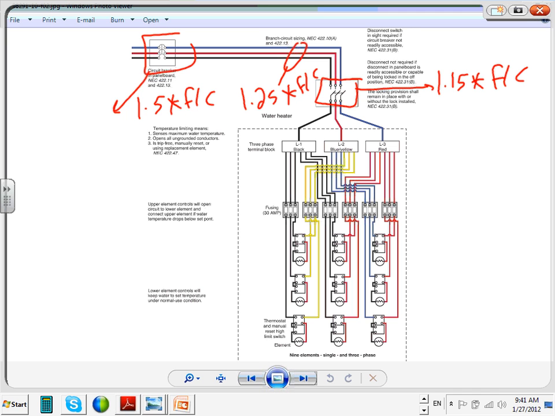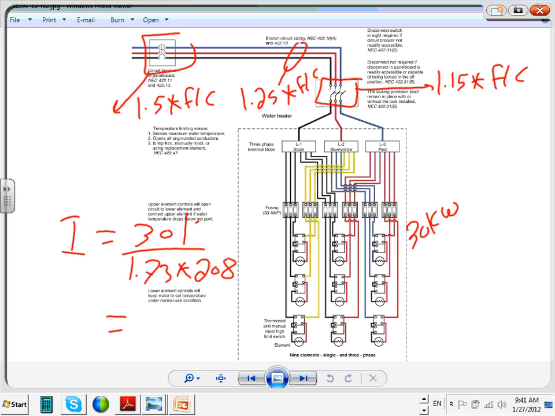What else? So you sized a water heater. This is how you size a water heater. If you find the kW, say it's 30 kW, since it's a resistive load, the kW equals the kVA. Then from the 30 kW, I don't want to do the math on that one, you find the amps: you take the 30 divided by 1.73 times the 208 system, and then you find the amps. That will be your amps, don't forget the k. You multiply the amps by 1.25 to size the conductor, multiply by 1.5 to size the overcurrent device, and